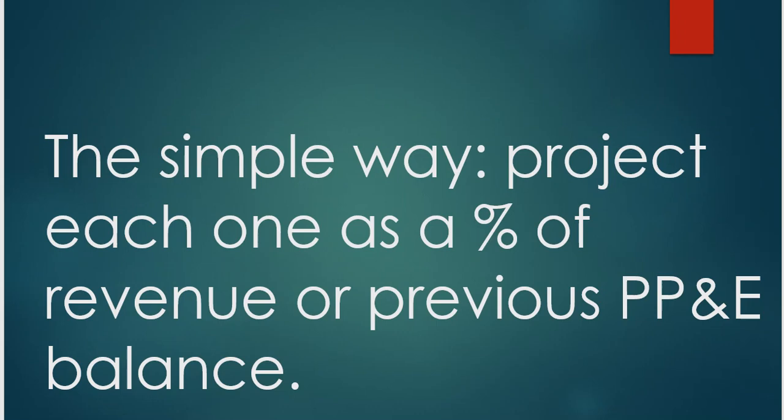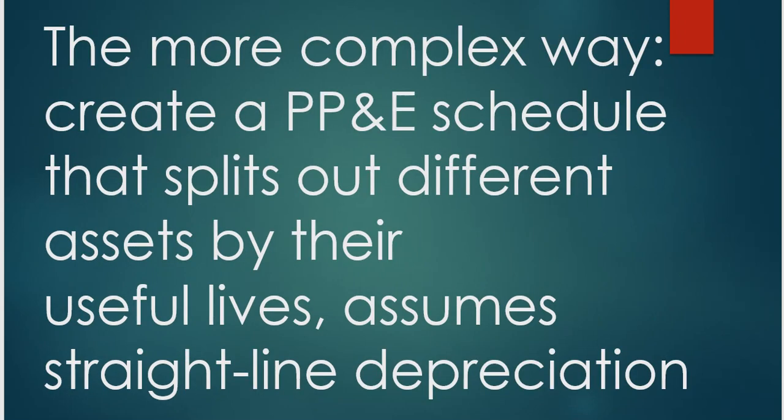A more complex way is to create a PPE schedule, where we split the different assets by their useful life. For example, an asset with a 10-year useful life, we calculate by the straight line method, and we can also use WDV, depending on